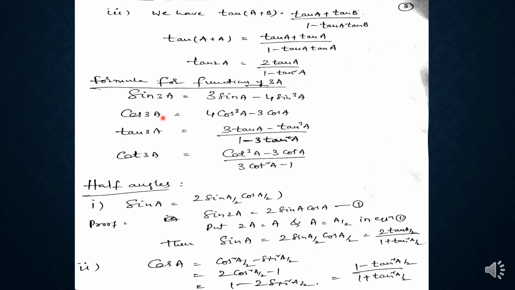So we can write this as cos A into cos 2A minus sin A into sin 2A. So cos A into cos 2A can be written, in terms of cos A, as 2 cos square A minus 1, minus sin A into sin 2A. Sin 2A can be written as 2 sin A into cos A. Again we will get 2 sin square A into cos A. In that, sin square A can be written as 1 minus cos square A. Thus we can convert all sin terms into cos. Then we will get cos 3A is equal to 4 cos cube A minus 3 cos A.